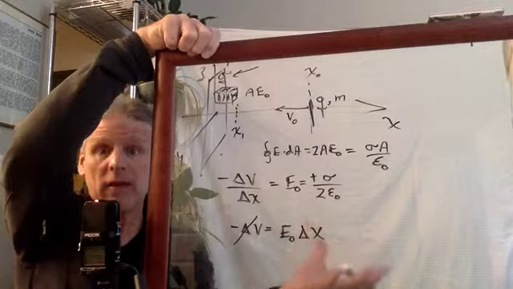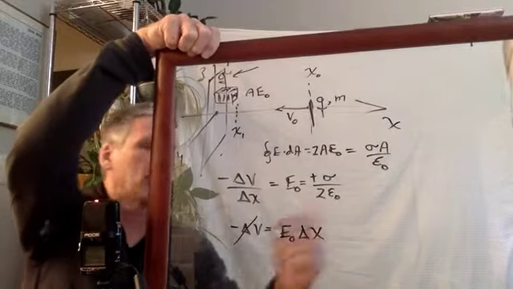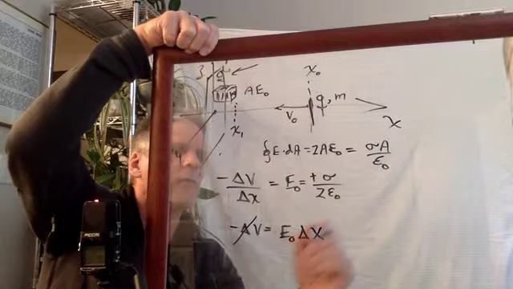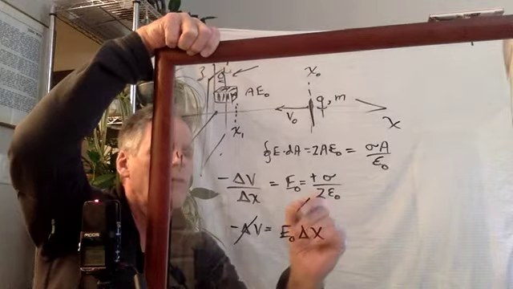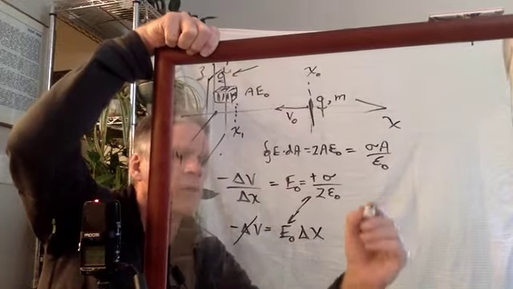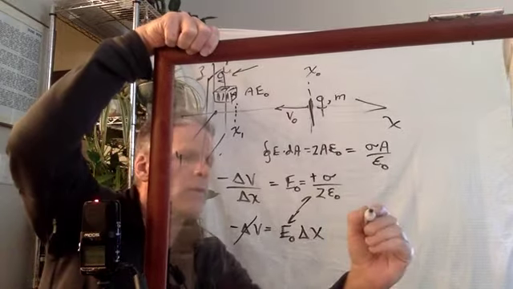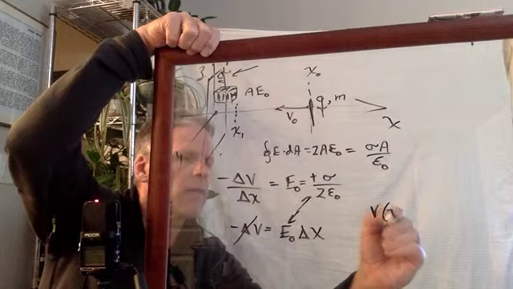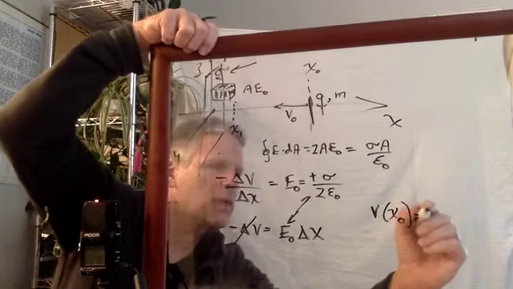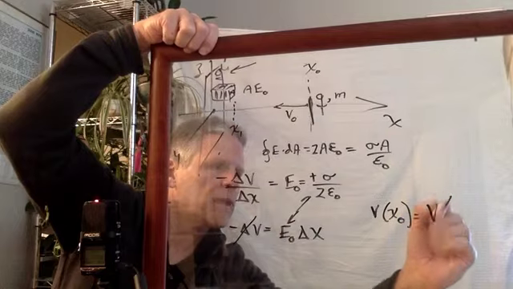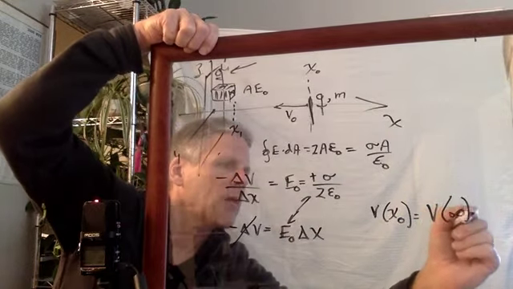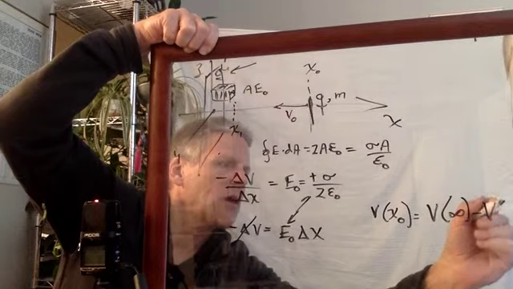We know the value of E0 too, it's right here. So our potential at x0, V of x0, is going to be the difference between V of infinity minus V of